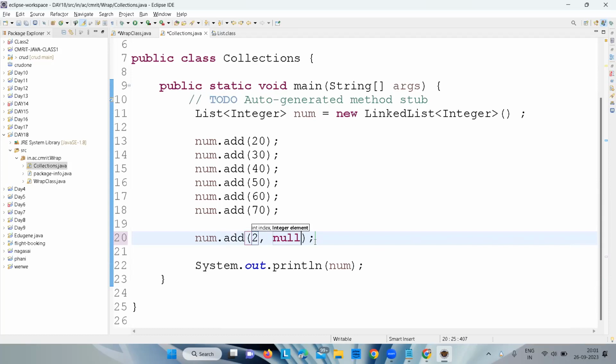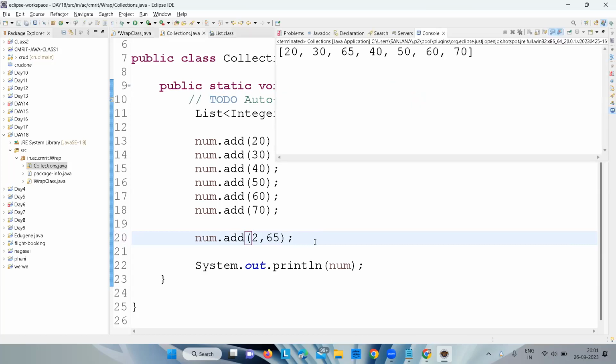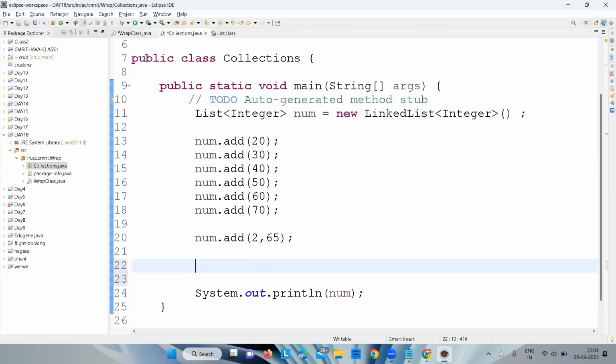Add some numbers in between our list, which we call list manipulation. If I say 65 here and run this, 65 is added at index number 2. Okay, 65 can be added at index number 2, and there is a function called